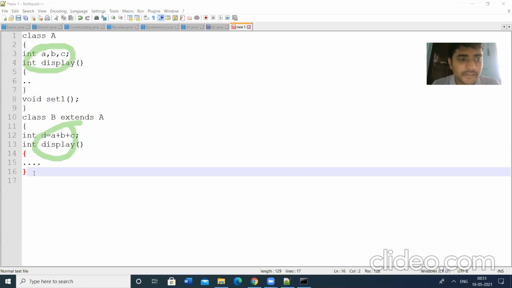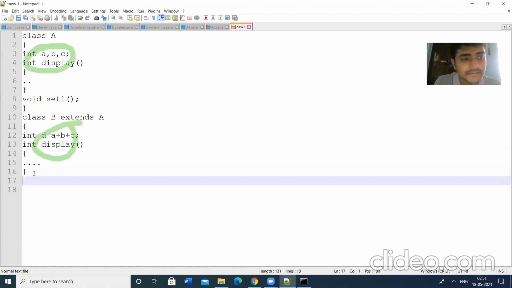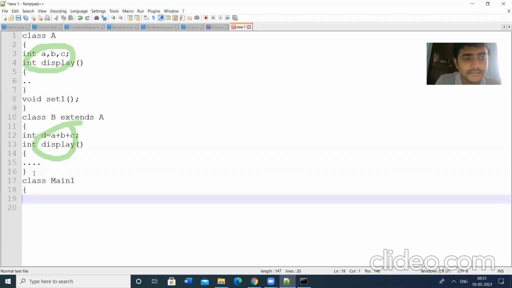In order to implement those things, we need a main class. Suppose let us take Main. This is the main class. It has public static void main, String args, the main method.